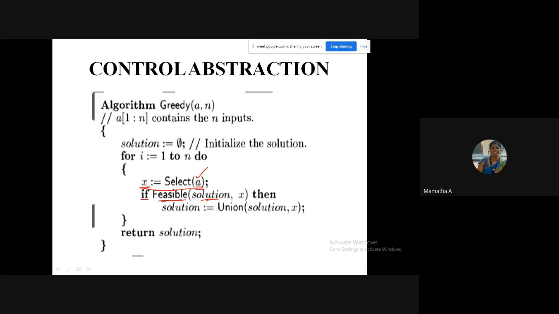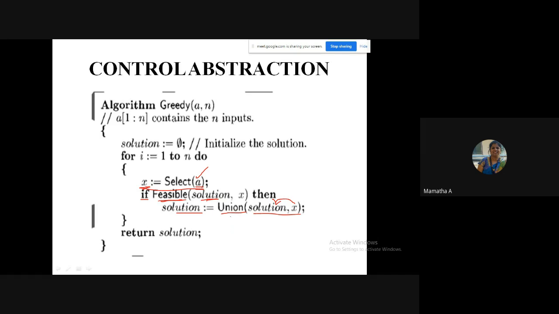If it returns true, the solution will be updated. Solution now becomes union of solution comma X. What is this doing for me? It will add X to the solution. Simply, you will not put any item into your bag. First, you will check its price.